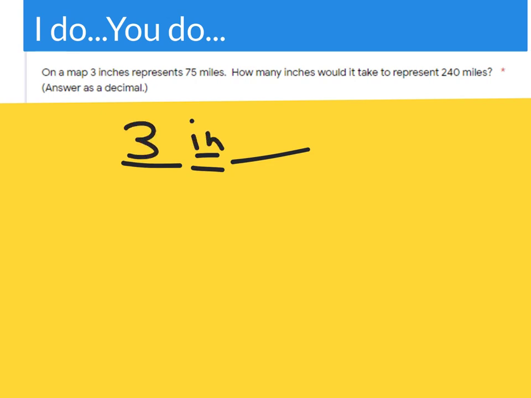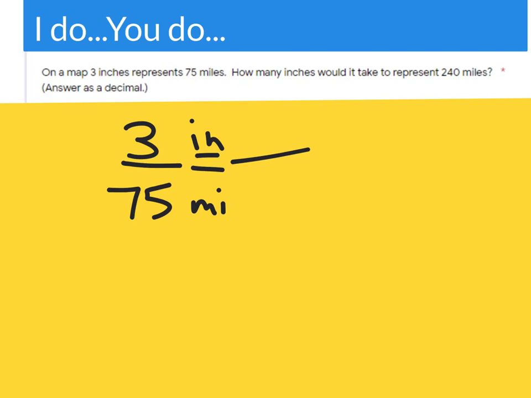3 inches, 75 miles. These two are connected. That's how much they've shrunk it. 75 miles shrunk to 3 inches. That's the scale that they used. Now, once I know that, I put my labels on it because that makes it crazy easy, because all I